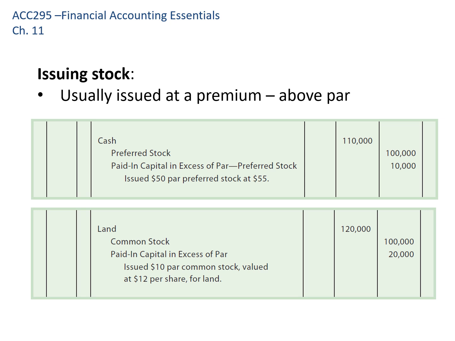The second example, somebody's contributing an asset, not cash. They're contributing land in this case. So we would look at what the fair market value of the land is. We would debit the land at that fair market value, and we would credit, in this case, we're issuing shares of common stock, so we credit common stock again at par, and we credit paid-in capital in excess of par, and I would have put common stock after the word par there in that account title. We credit that account for the difference.